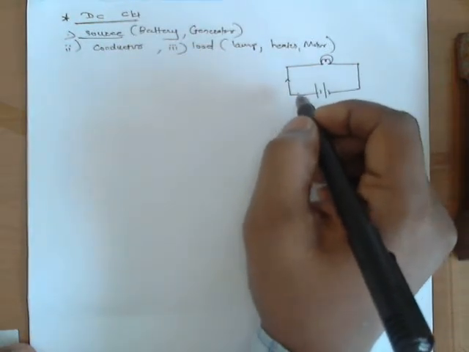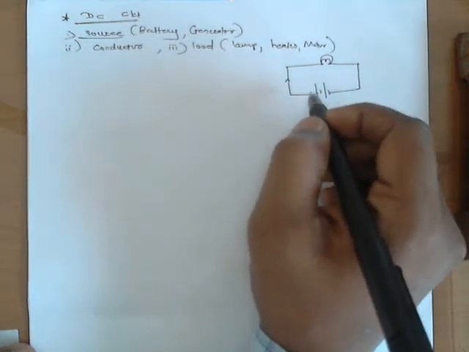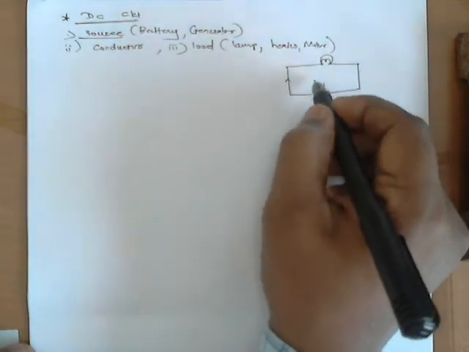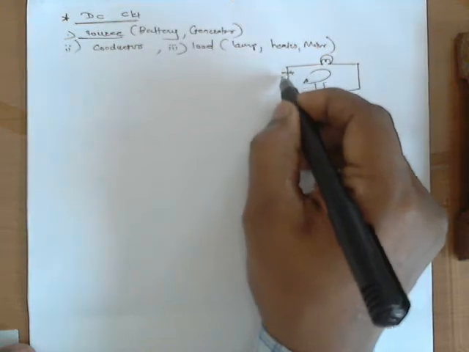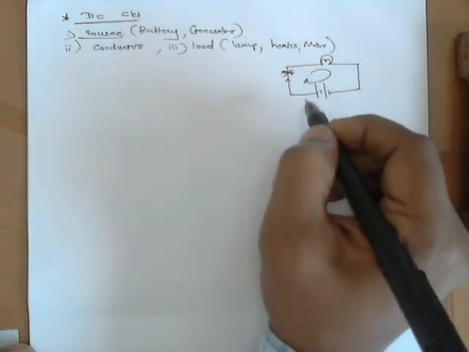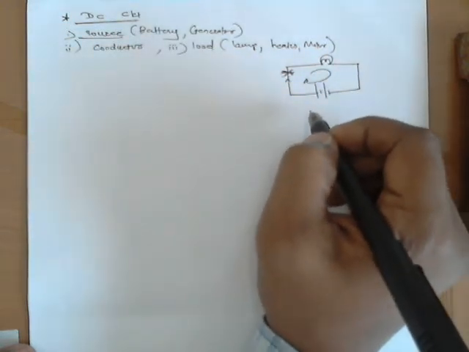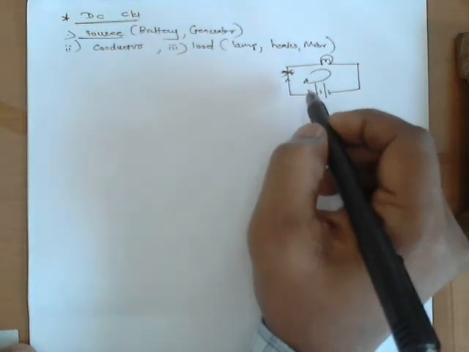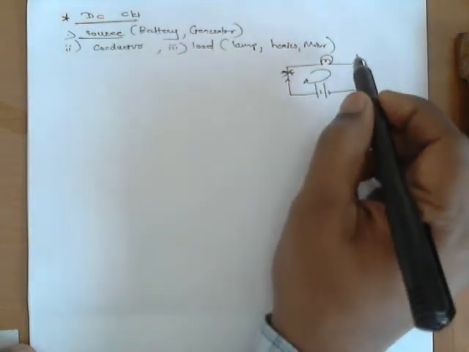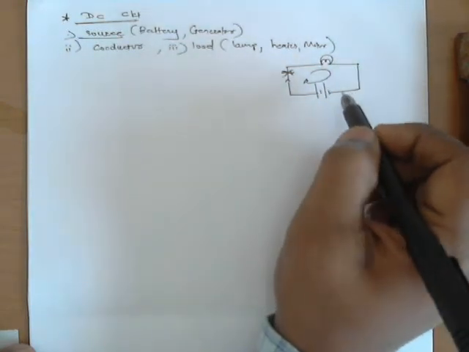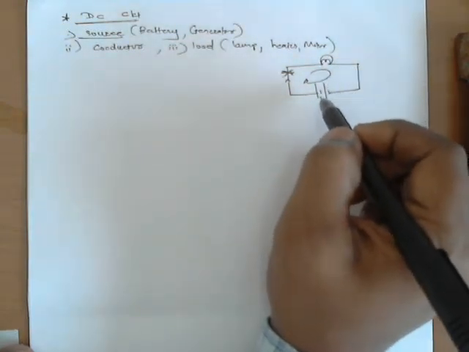Now, the closed path followed by a direct current is called a DC circuit. This is a DC circuit because it has a closed path. If any wire is broken in between, then obviously there will not be any closed path and it will not be called a DC circuit. Now this figure shows a bulb connected to a battery through some conducting wire. Now this is not the proper circuit.